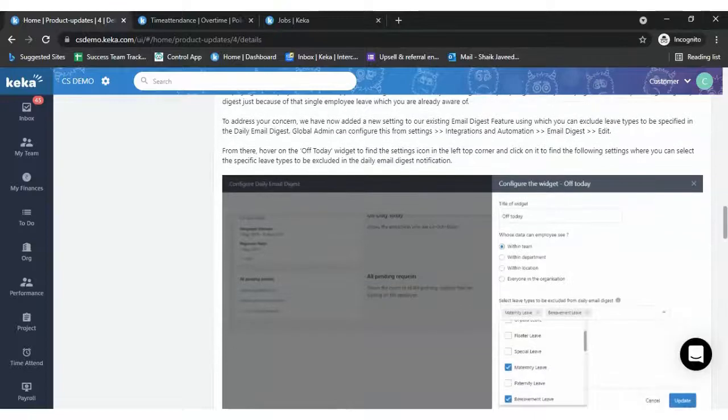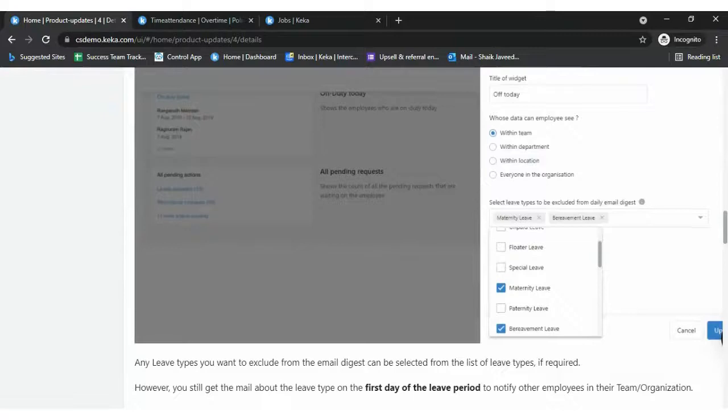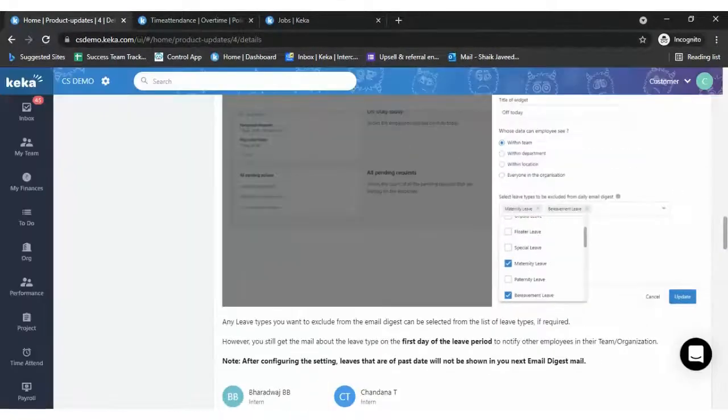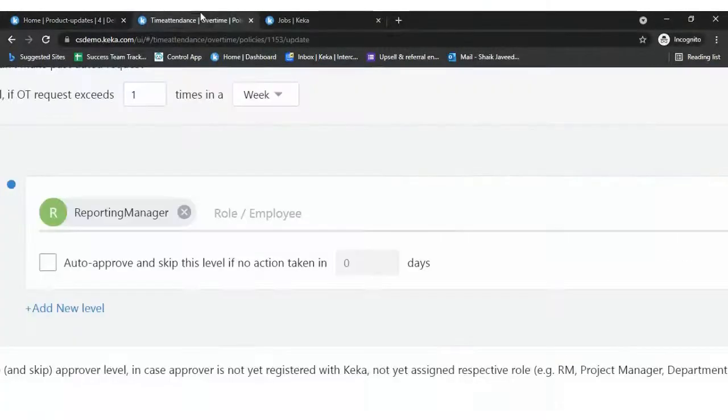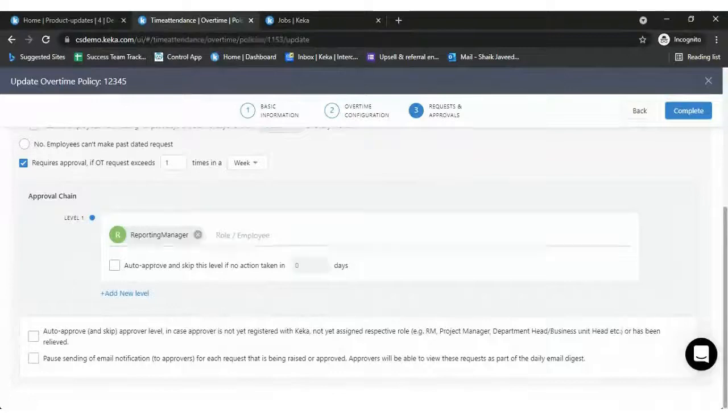If you don't want that email digest when employees are on maternity, government or paternity leave, you can go to the configuration settings. I'll show you where you can manage this, so you can select which leave type.